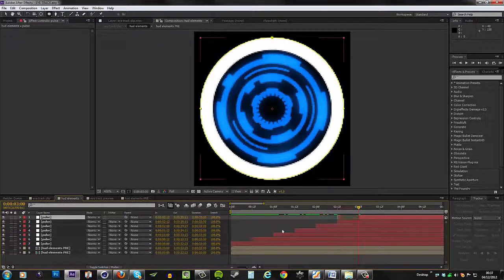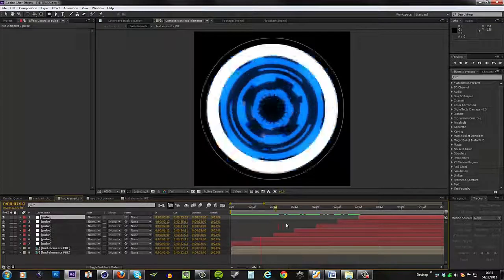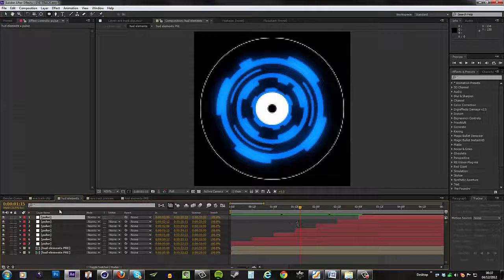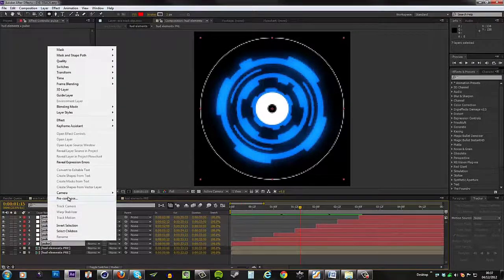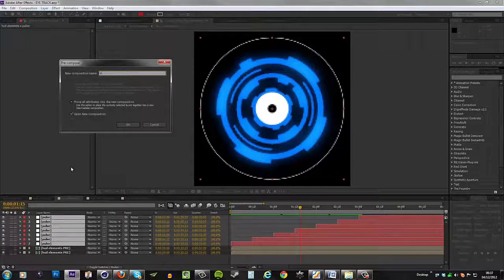And I'm just hitting the left square bracket key to move these out like that. So when we have those finished, I'm going to right click, pre-compose, and we'll call this pulses,